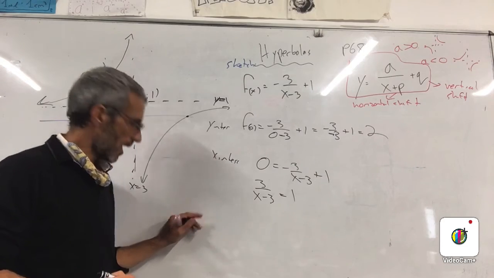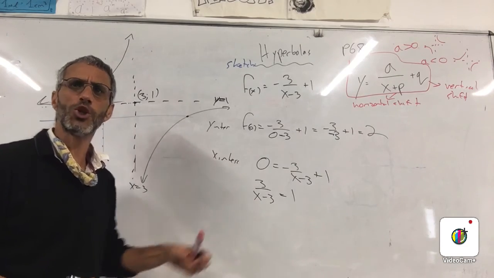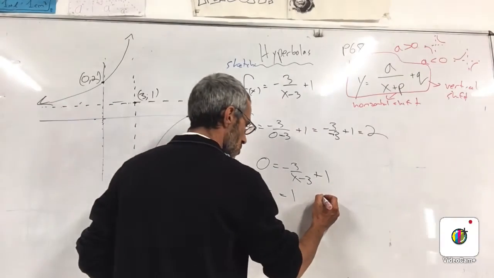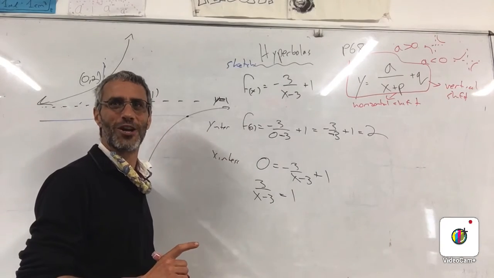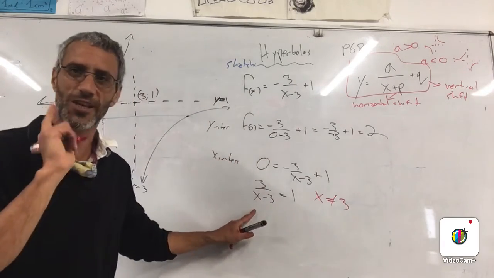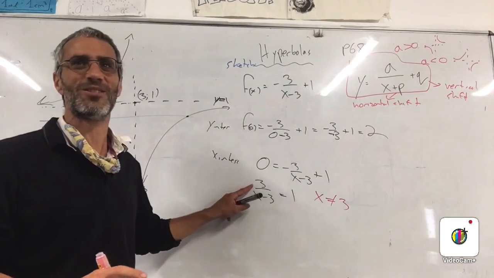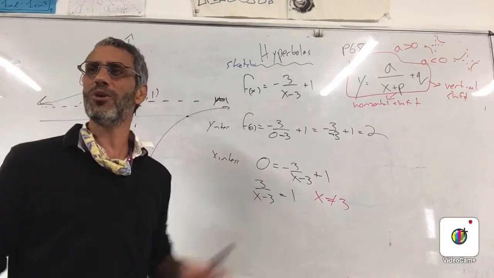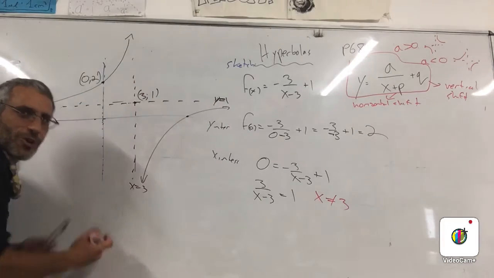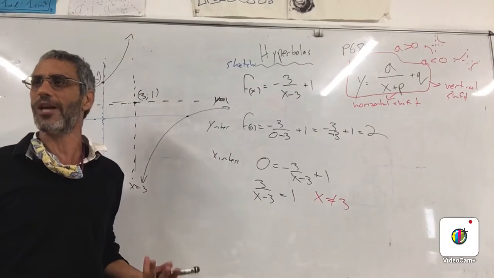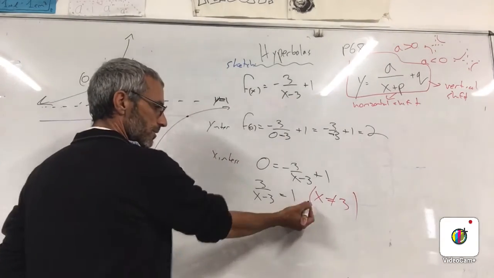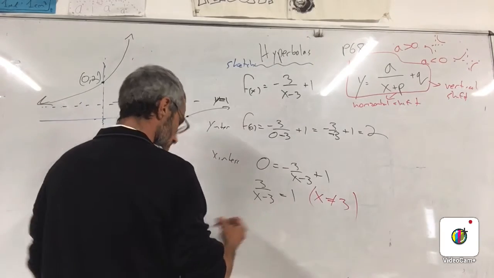And you multiply by x minus 3. Next thing, we multiply by x minus 3. But we should do something here. Don't know if it rings a bell. We should put, I can't remember what you call it, a restriction. Remember that from grade 9. x is not equal to 3, because the denominator must not be 0. To be honest, it's not going to be an issue here because in these hyperbolas, x is never 3. Because we know the hyperbola is not defined for x equals 3. So you probably don't have to. Anyway, now, like Jacques said, we're multiplying by x minus 3. We're going to get